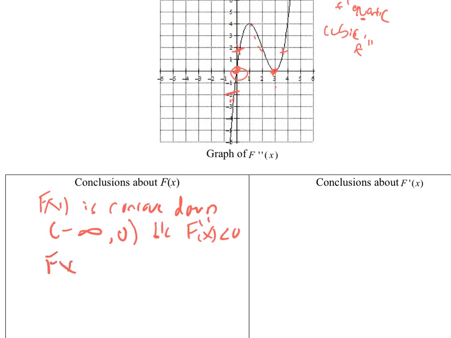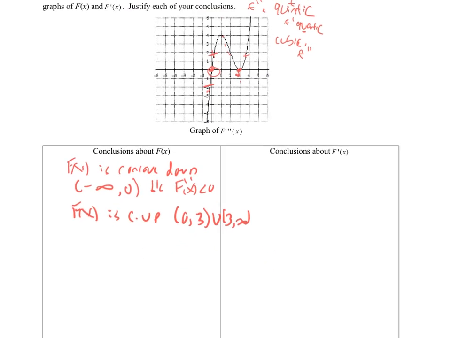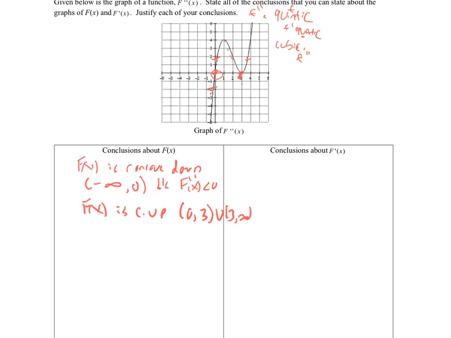I can say f of x is concave up from 0 to 3, union 3 to infinity. It doesn't change at 3, it doesn't go past it, and it's 0 there. It's not greater than 0, nor is it less than 0 right here. So I can say it's concave up because f double prime of x is greater than 0, meaning there's a point of inflection on f of x